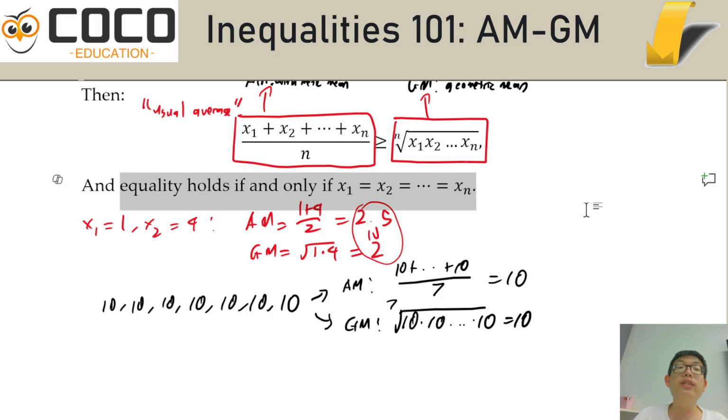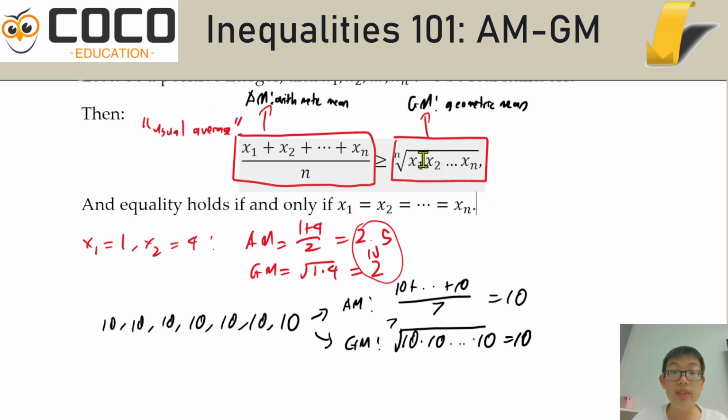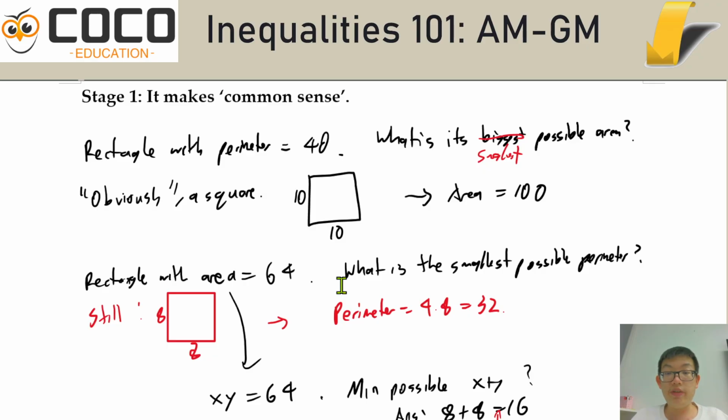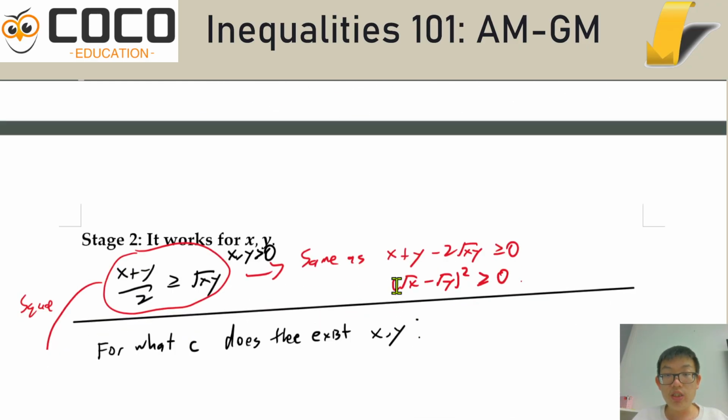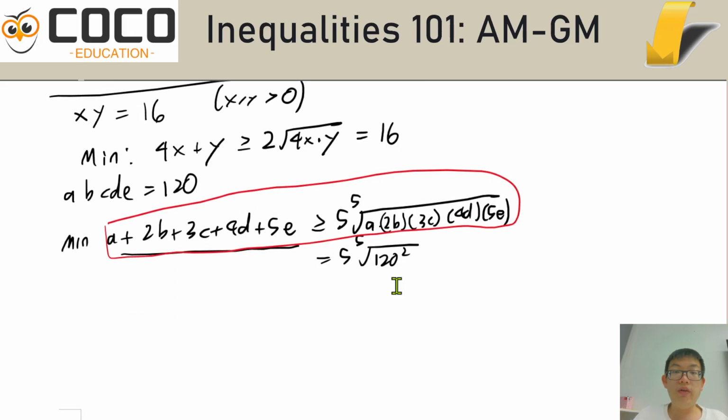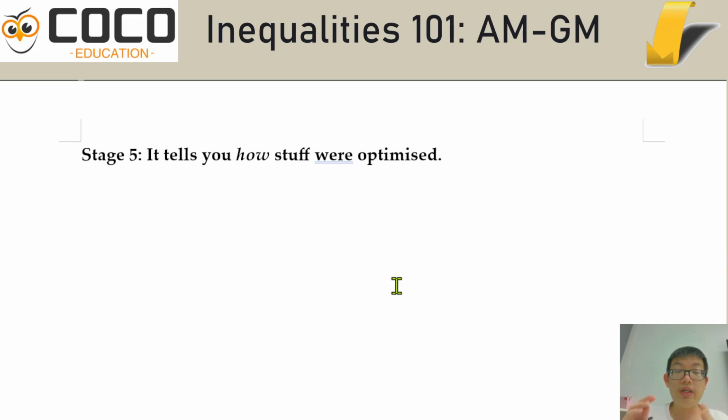That's what equality holds is saying. Equality holds is saying that, well, whatever you got as your potential minimum, that requires that all the things you put into your AM-GM inequality should be the same. If they can be the same, then you win, which is what we were trying to do when we had the square and the rectangle just now. We tried to make them the same. So, well, let's look at our examples a bit more closely.